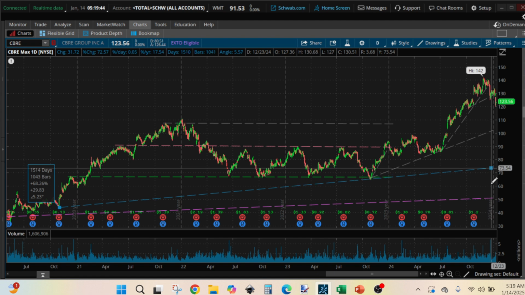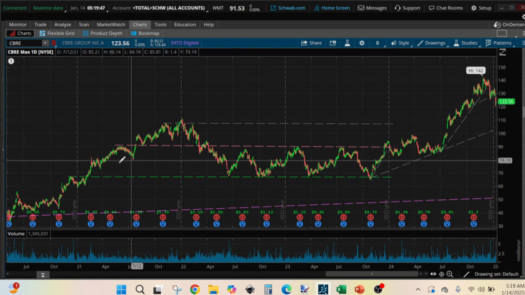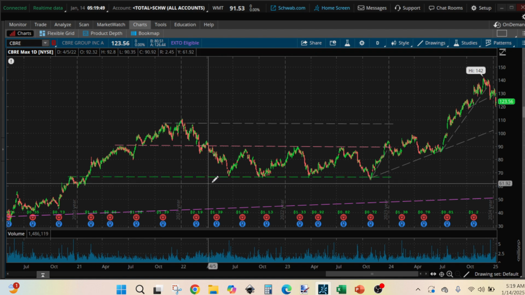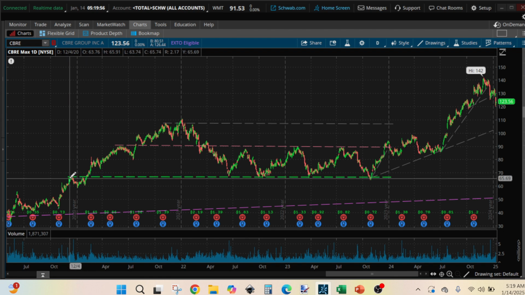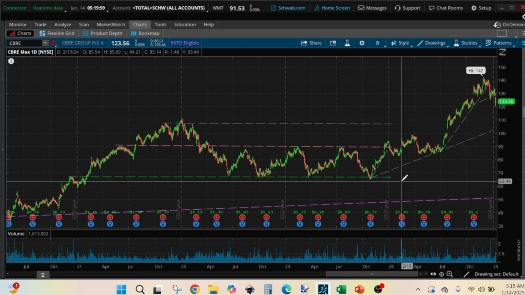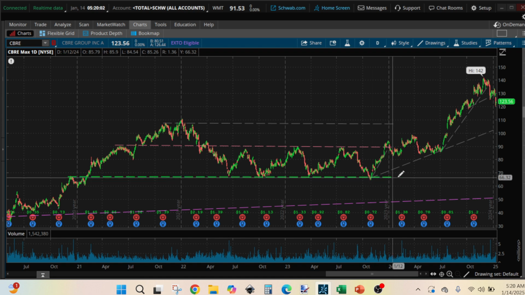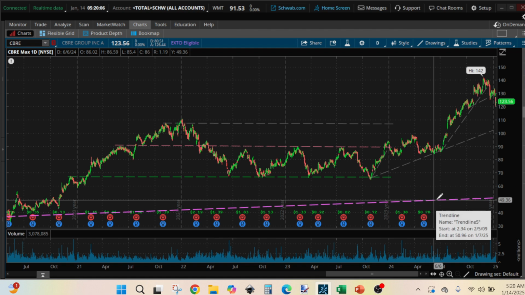So the line that is touching base with those is pretty much a resistance line used as a support here. But again, I don't like to trade on a horizontal line. Therefore, the one that makes sense to me was just the one that I traced on a maximum monthly chart